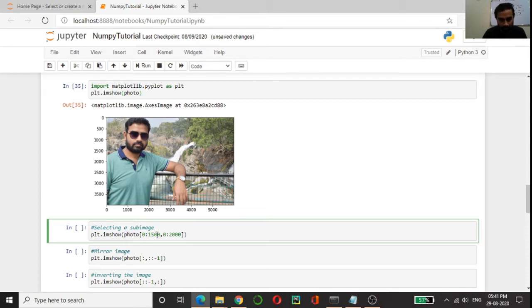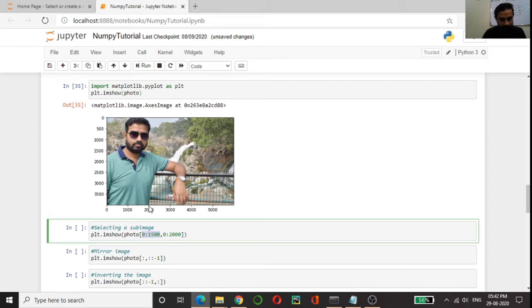Before the comma it would be the rows value, and after the comma it would be the column value. I am saying the row value is between 0 to 1500, that means I should get a cropped image till here, and the column values I am saying 0 to 2000.